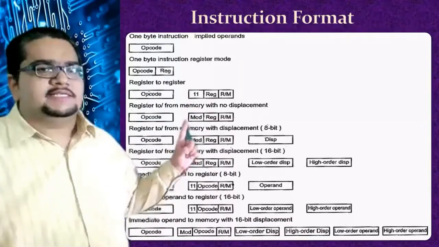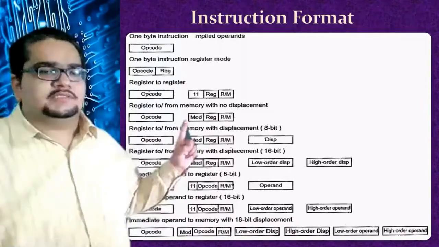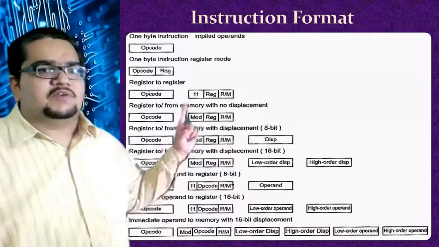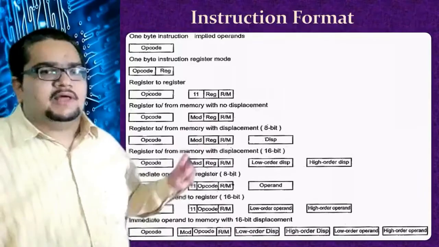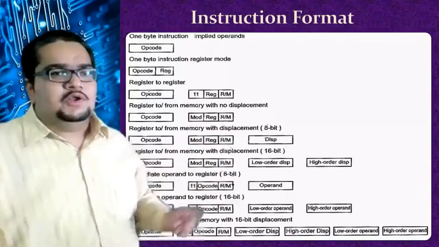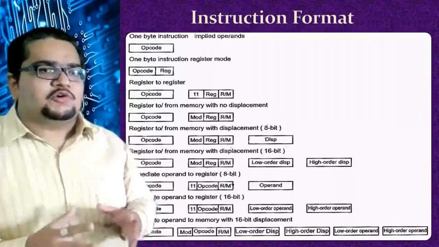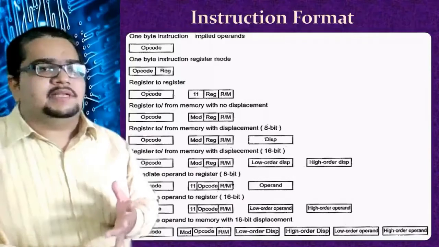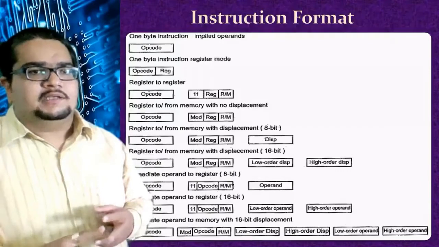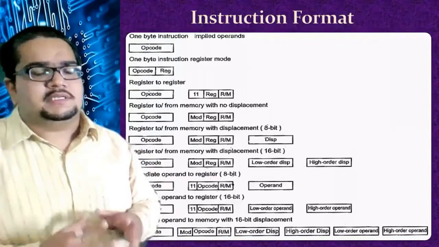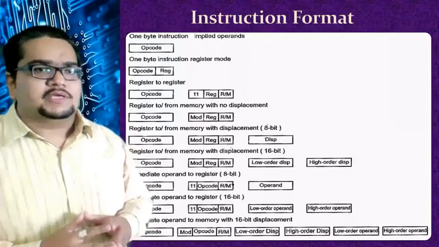Here you can see that instead of writing 1 1, we are writing mode, because mode is a 2-bit code. It can be 0 0, 0 1, 1 0 or 1 1. When it is 1 1, it follows this structure, but when it is one of the other 3 combinations, it follows this structure, where the last r/m field can be something other than just a register. If it is not a register, what could it be? The operand can be an immediate operand, a register operand, or a memory operand. That means your data can be immediately available in the instruction, or in some register, or in a memory location.